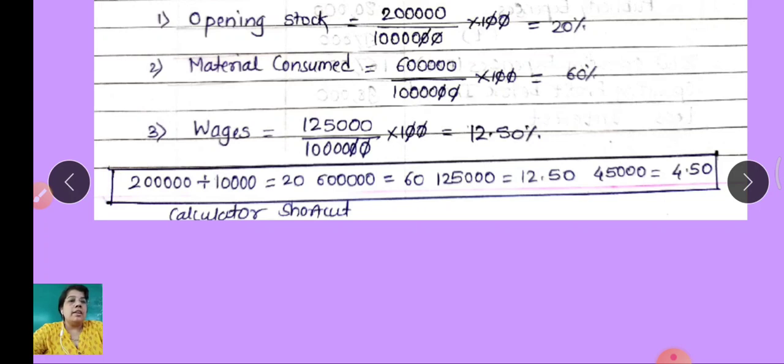You just have to write this percentage into the percentage column. But just remember one thing, you are not going to click any other button on the calculator in between. You are going to just type the amount and equal to, amount and equal to, amount and equal to, and every time you will get the percentage that you have to write into your column. So try this shortcut for all the amounts. If you do not understand, please tell me, I can explain it to you again on WhatsApp or on phone.